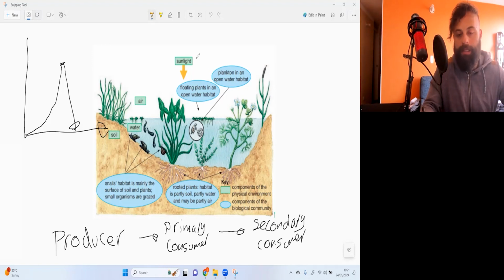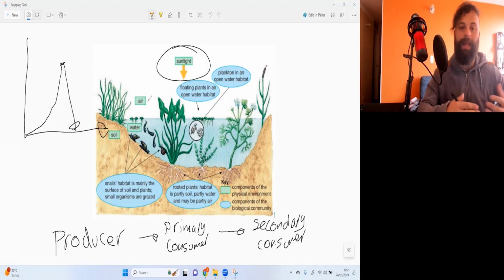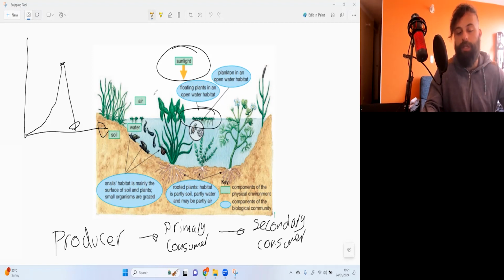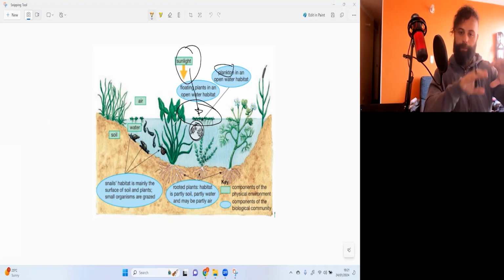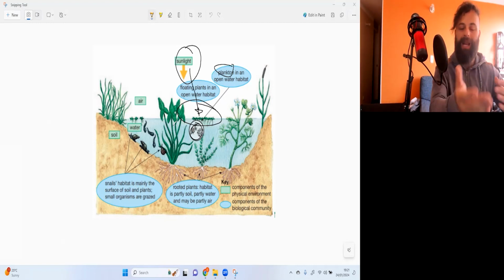So here, what we can see in this image is sunlight, and this is enabling the producers to photosynthesize. You can see some of the habitats, like the floating pondweed over here, and this allows it to capture the sunlight. You see something called plankton. Plankton are usually found in the top surface. They're not found really deep underneath the ocean because there's not much sunlight that reaches there. They're found mainly in the top area where the sunlight is. And plankton is an organism that is able to photosynthesize,